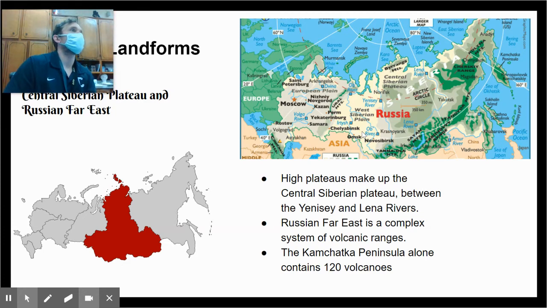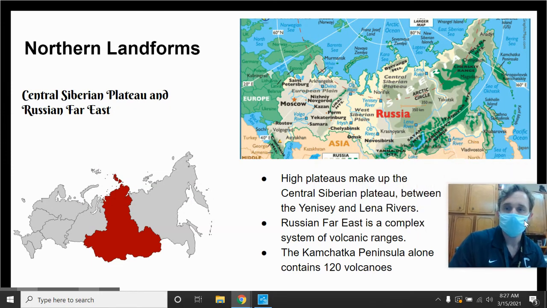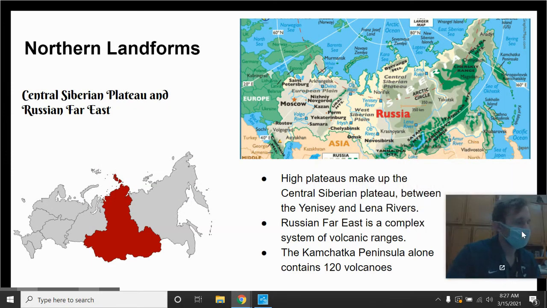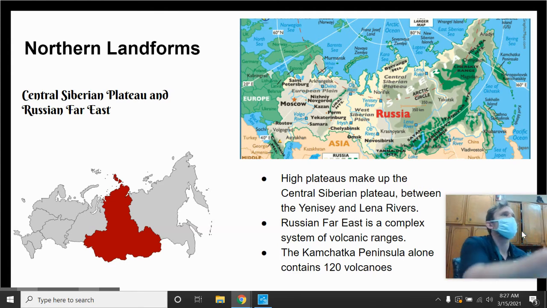All right, so the Central Siberian Plain and the Russia Far East are the last two areas across Russia. The Central Siberian Plain, which is up here, kind of runs down from the Arctic Circle on down. It's between the Yenisei and the Lena rivers. And it's a plateau, so y'all kind of know what that means. I mean, it's a higher elevation than the areas around. It's not mountainous per se, but it is a higher elevation. And then